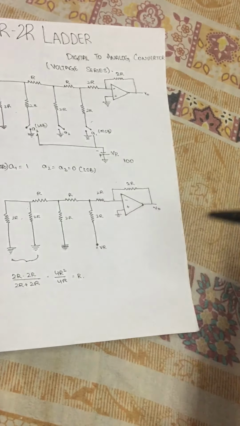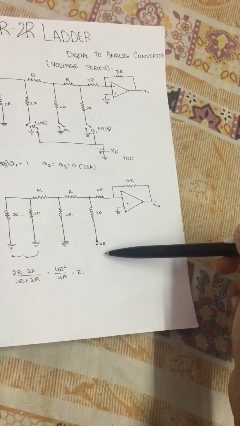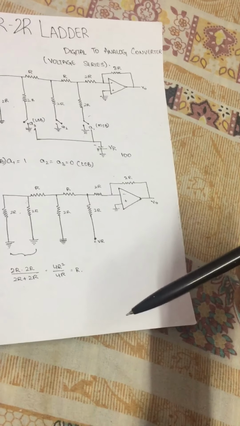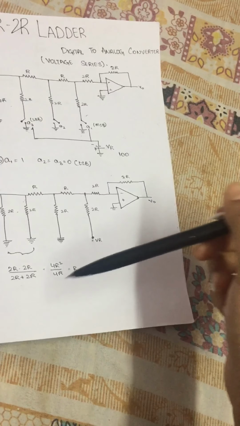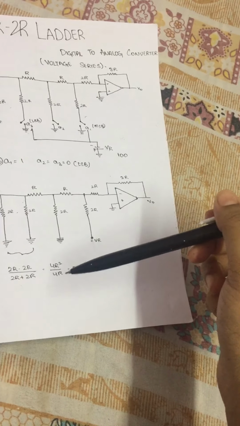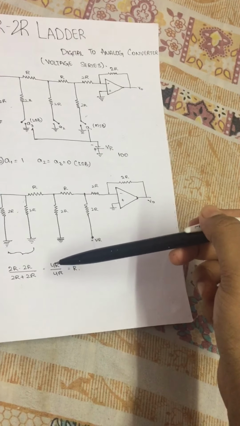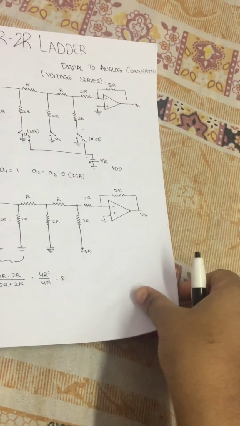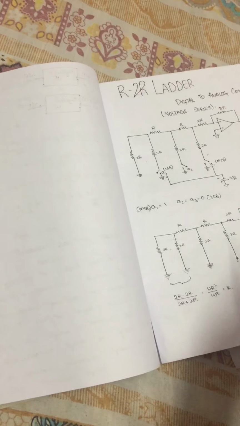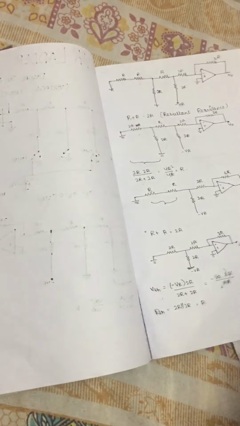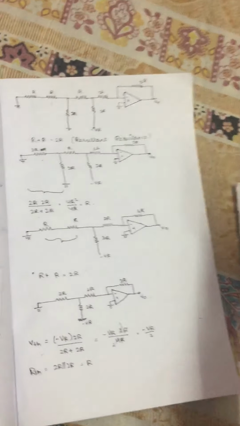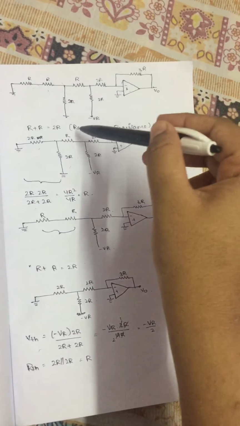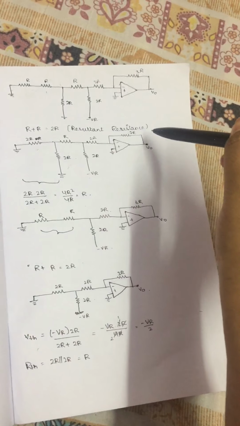As A1 equals 1, we connect it with the voltage, and the remaining A2 and A3 are connected to the ground. So these two resistances are in parallel. Then the resultant resistance is 2R into 2R by 2R plus 2R equals 4R square by 4R equals R. I am taking this because both are connected to the same line and the same ground, so they are said to be in parallel. Now the modified diagram: now both are in series. R plus R equals 2R. These are known as the resultant resistance.